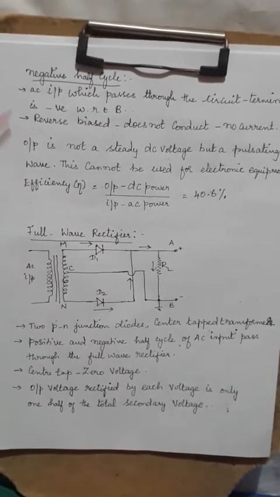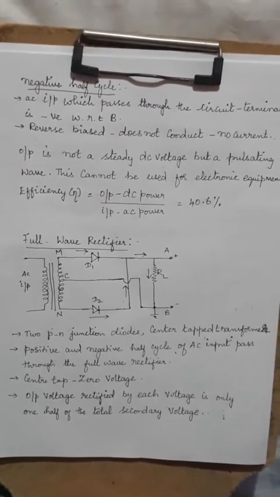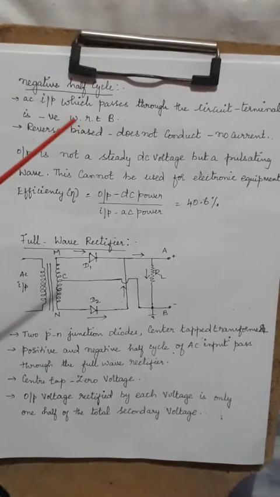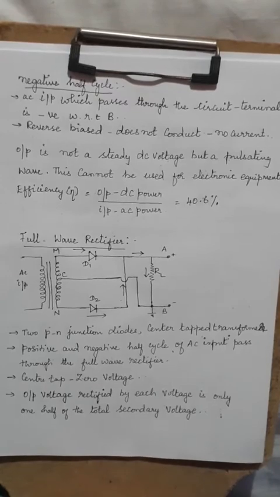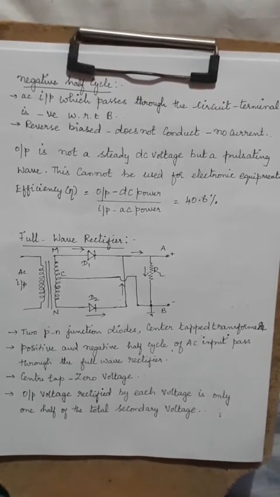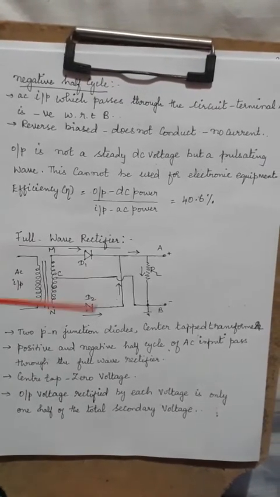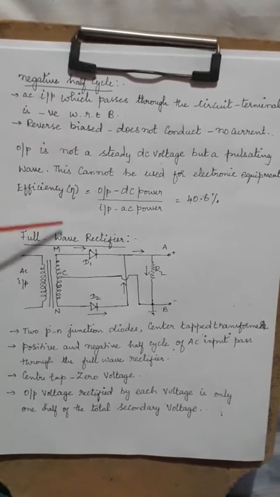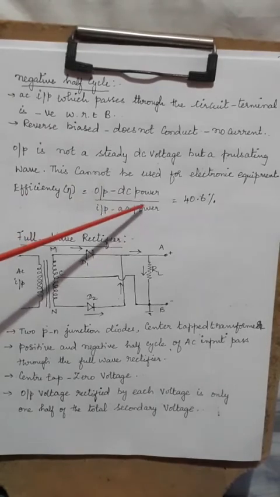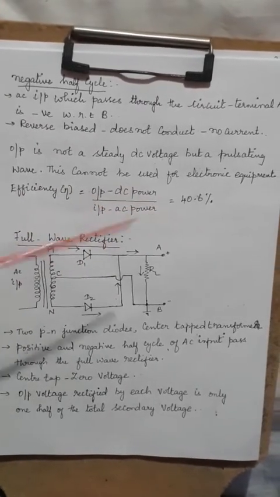It is very simple also, children. It consists of a transformer, a diode and a resistor. The diode can conduct only during a positive cycle, that is, only when it is forward biased. During reverse bias it cannot conduct, so there is no current. Hence it can produce only half of its input.